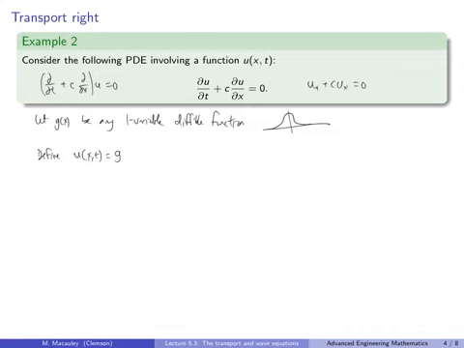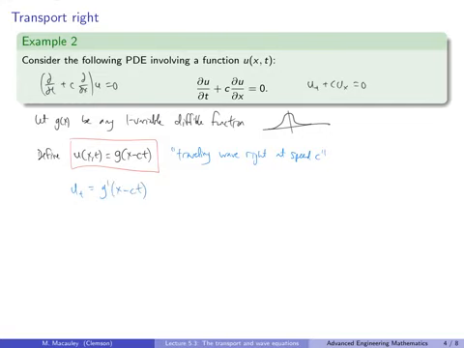So this is g of x minus ct, and think of this as a traveling wave at speed c. Okay, let me circle this or box it. So it's easy to check using the chain rule that ut is just g prime of x minus ct times d/dt of x minus ct, which is negative c times g prime of x minus ct,